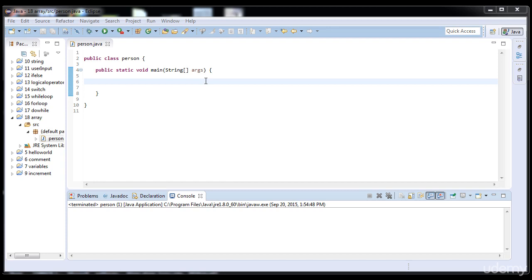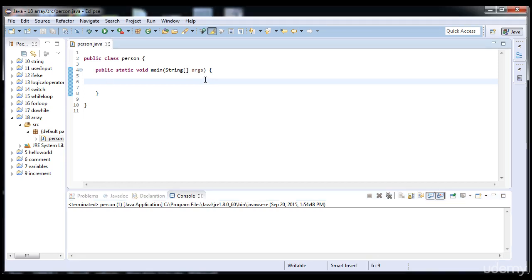So first of all, here I'm gonna declare an array in which we are able to store integer values. First of all write int and then the square brackets and then the variable name. Here I'm going to write Fahd, and then we need to write new and then int, and in between these square brackets we need to write how many values we want to store in the array. You can write any size of the array. Here I'm going to write 10,